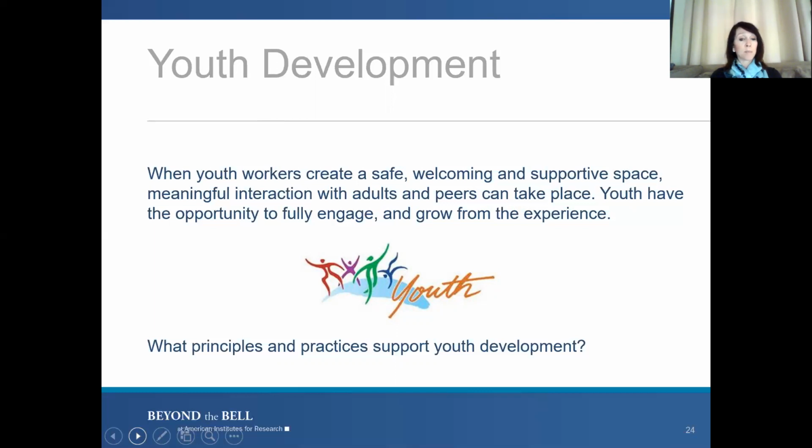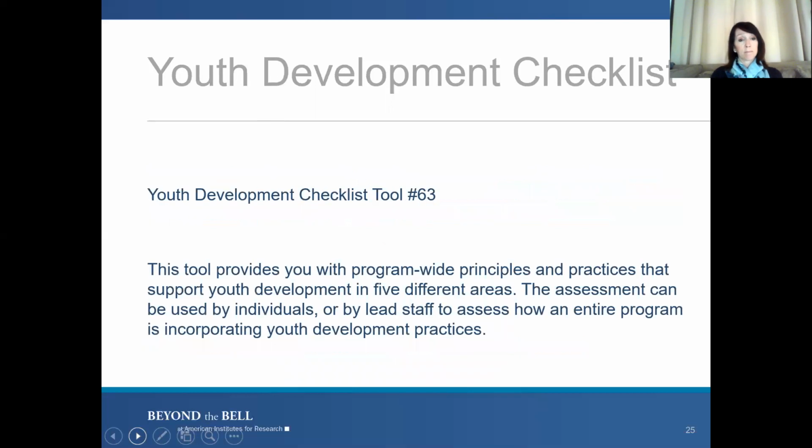So what principles and practices support youth development? Here's where our youth development checklist tool number 63 comes into play. This tool provides you with program-wide principles and practices that support youth development in 5 different areas. The assessment can be used by individuals or by lead staff to assess how an entire program is incorporating youth development practices. So this checklist has wide-ranging